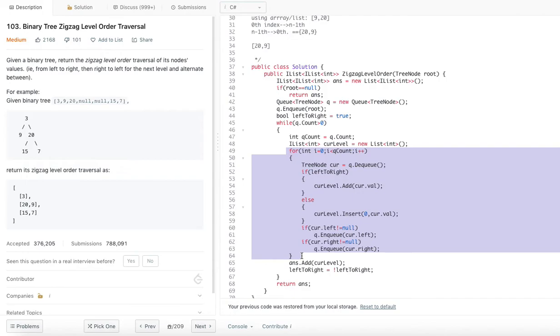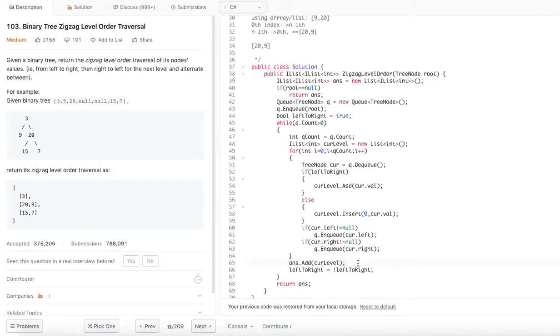Once you have got those elements into the current level list, you have to add this current level to the answer. The answer will have all the levels, so for each level you are going to have a list. So we are adding the current level list to the answer.